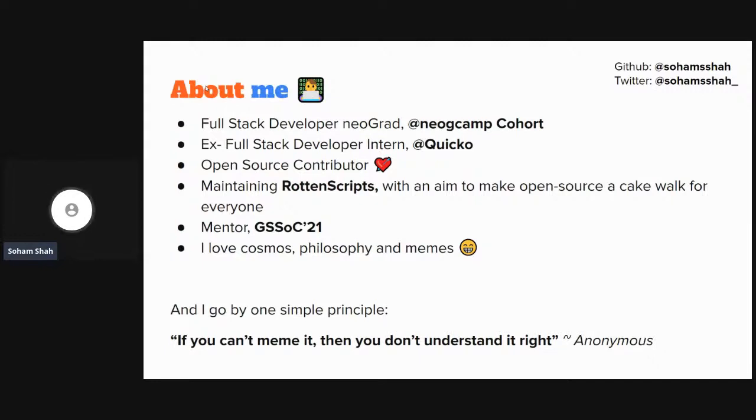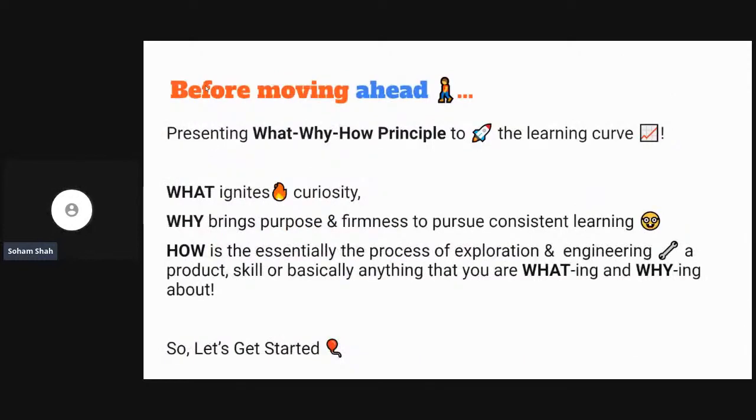Before moving ahead, let me present one small but very good principle. When we are learning something new, you might know how to make a React component library, but if you don't, we are coming to something new. So how should we process this? We should know what we are doing, the what. That brings curiosity, because if we explore what we are building and what skill we are learning, we get curious.